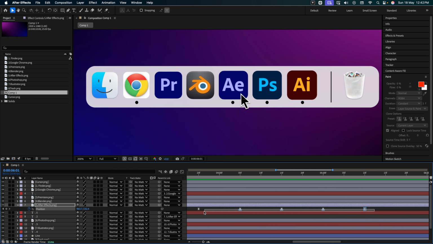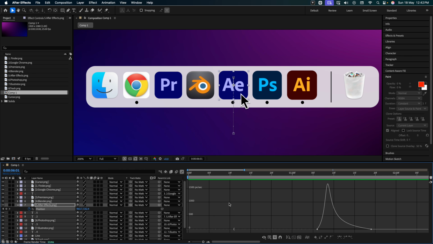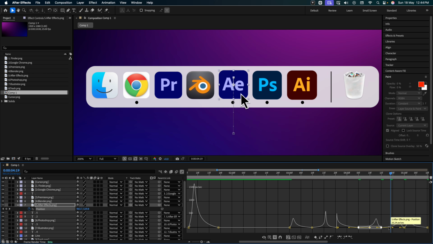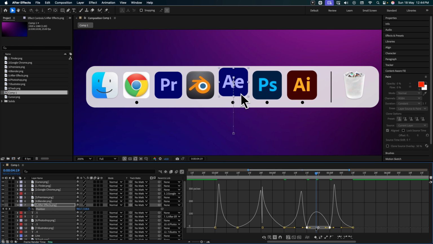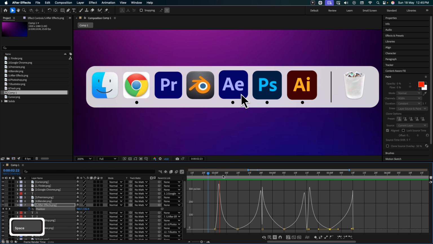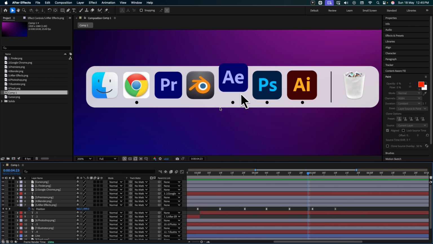Now select all the keyframes and go to the graph editor. Click on this. See, we are getting a nice bouncing animation. Perfect. Now I just want to make one small change wherein, when you hover over this, you